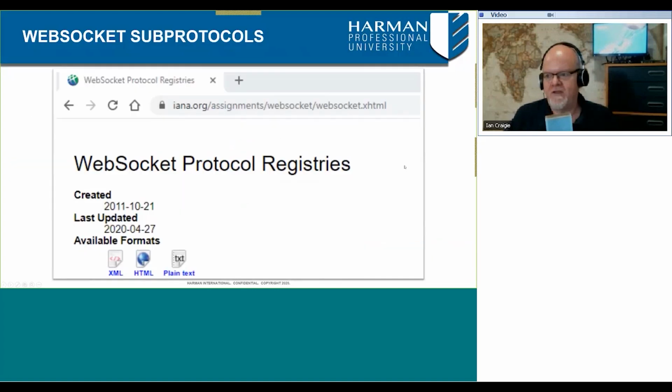With regards to extensibility, it's enabled through a couple of different mechanisms. First is the sub-protocol mechanism. The WebSocket protocol makes no assumption about the format of each message. The payload is data agnostic. When specific formatting of the message is required, the client and server must agree to implement their own sub-protocol